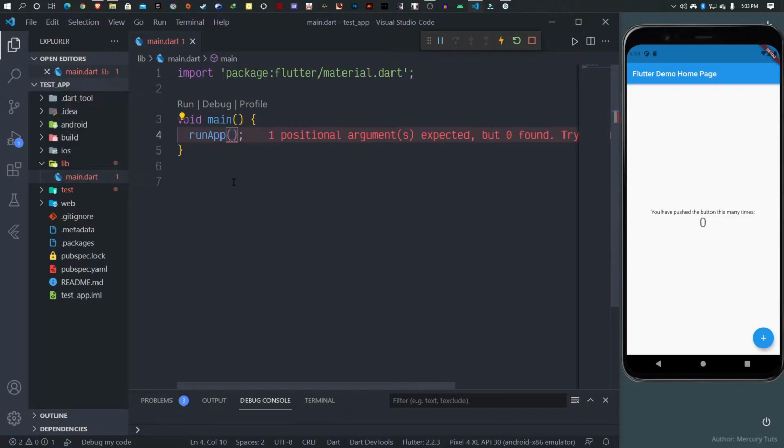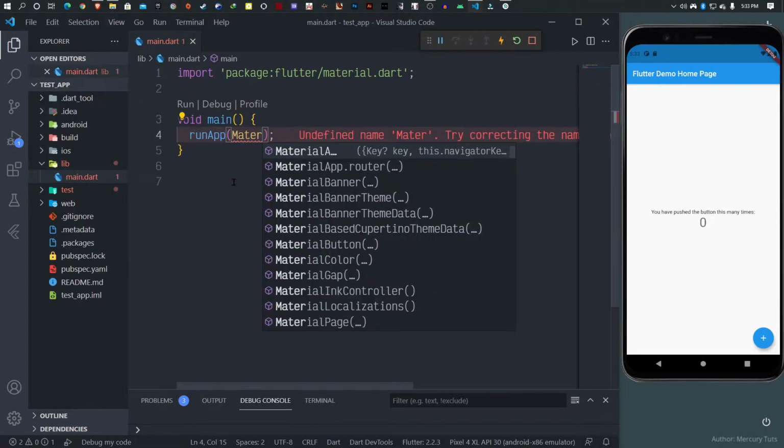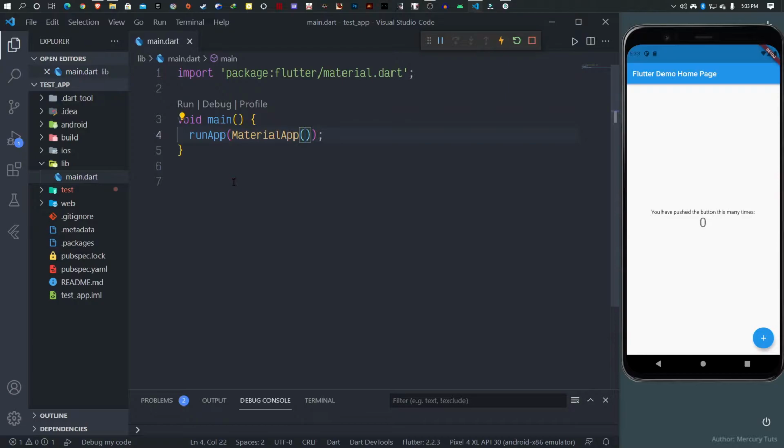Okay, and this is a widget. Okay, you'll be hearing this a lot. Everything in Flutter is a widget. So all we need to do is call the material app right here. Now this material app on its own wouldn't really do much for us. Okay, now if I reload this,